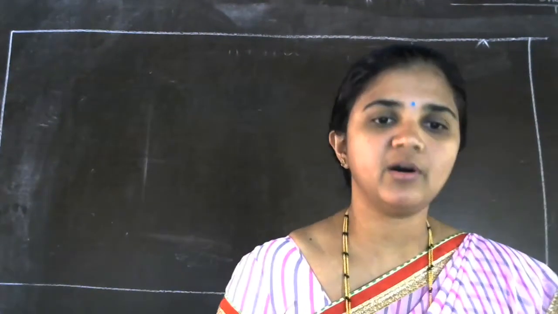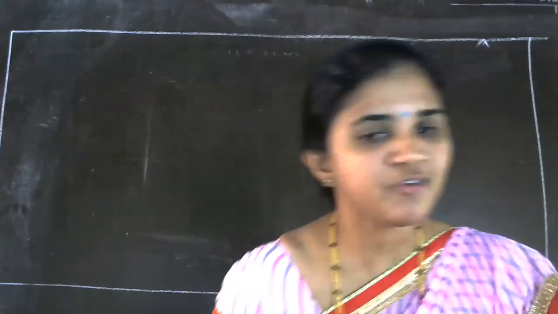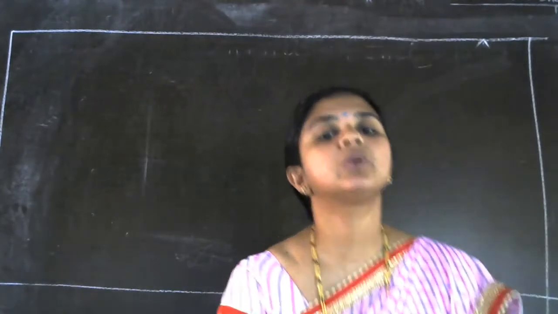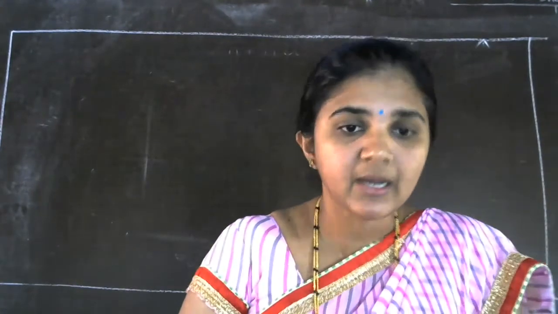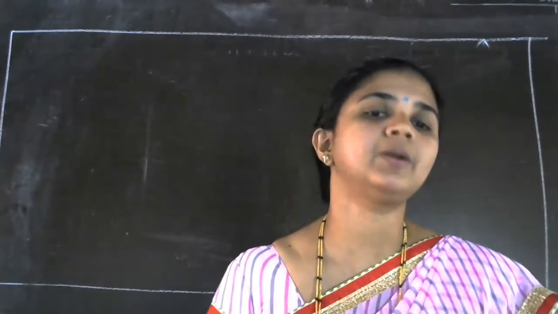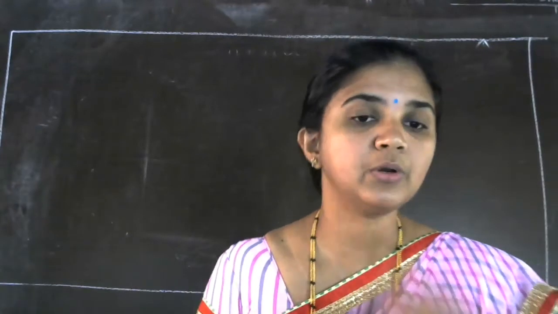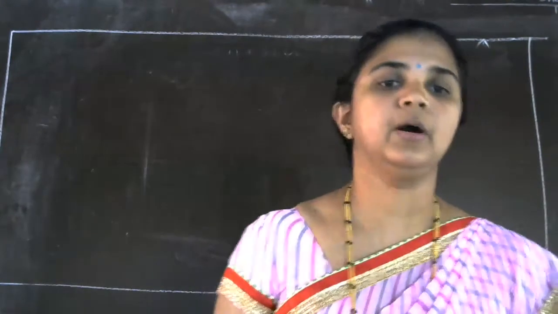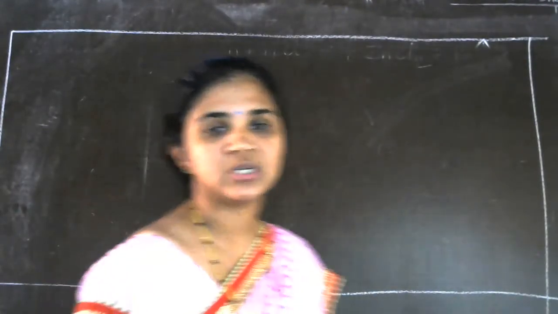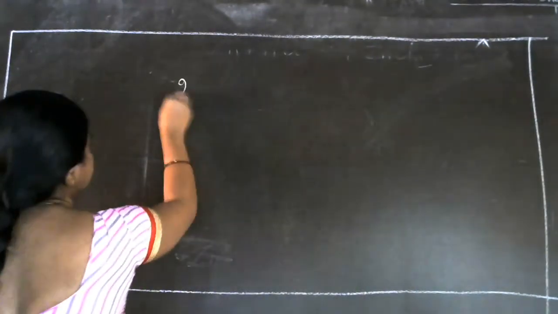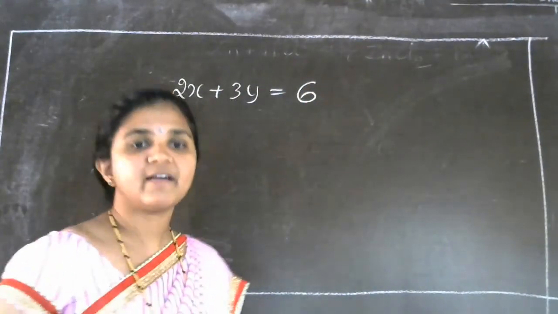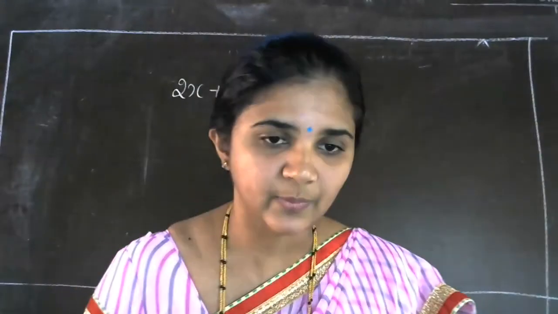So if we draw the graph of a pair of equations together, we can observe two straight lines, no? How can we get the two straight lines at a time on the same graph paper? So that is actually today's topic. So before going to that topic, once I want to recall how to plot the graph, how to find the solution for one linear equation in two variables. So can we take the same example, 2x plus 3y is equal to 6.